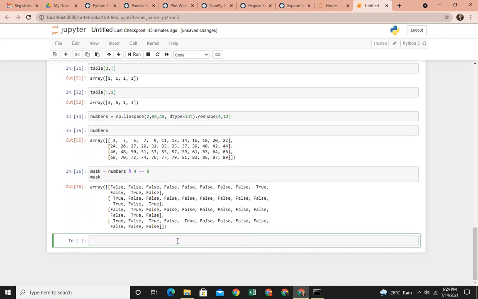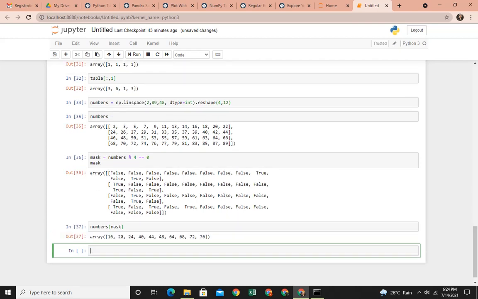And let's say if you want to find out such numbers, so from the array I'll apply this mask. What am I doing here is, to my array numbers I'm applying the mask. So it will give me only those values wherein the value of the mask was coming out to be true. So these are the values which are perfectly divisible by 4. Something else also you can try out here is, by 4 is equal to numbers.